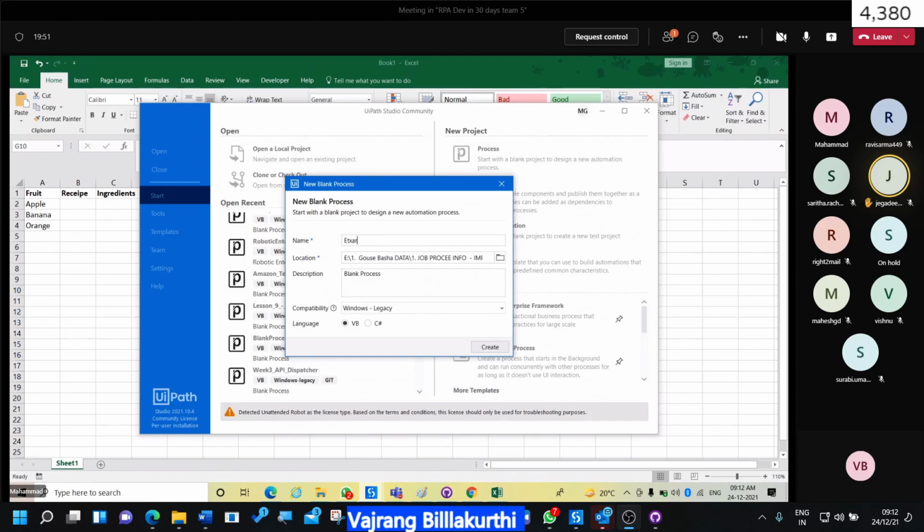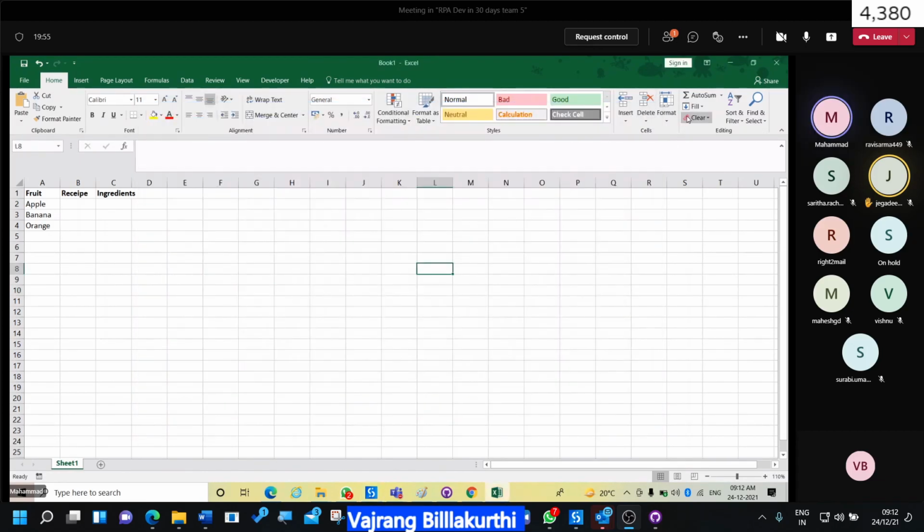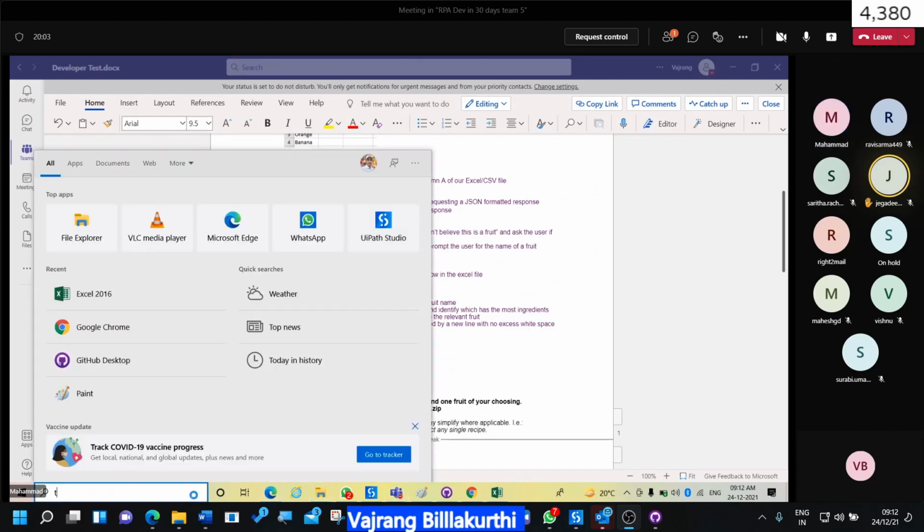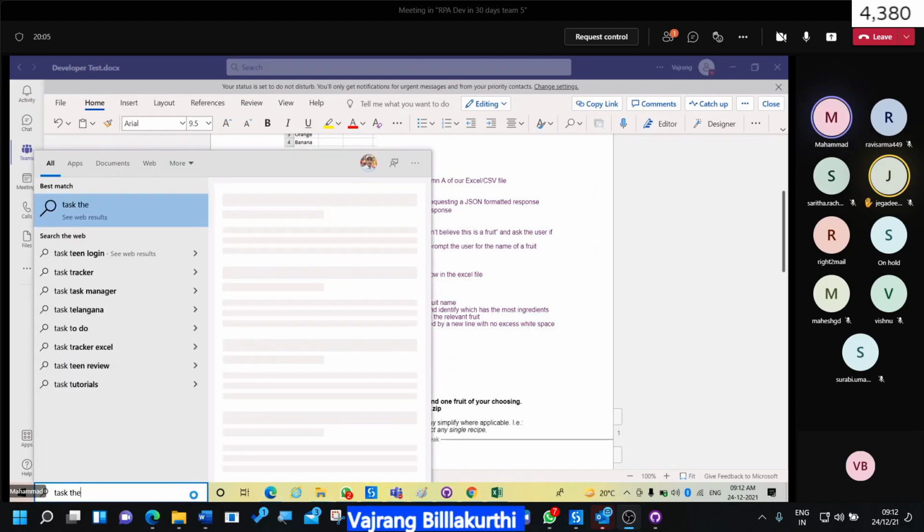Wrong way to start a project. You need to start with task capture, in order to document the process, Vajrang, correct.